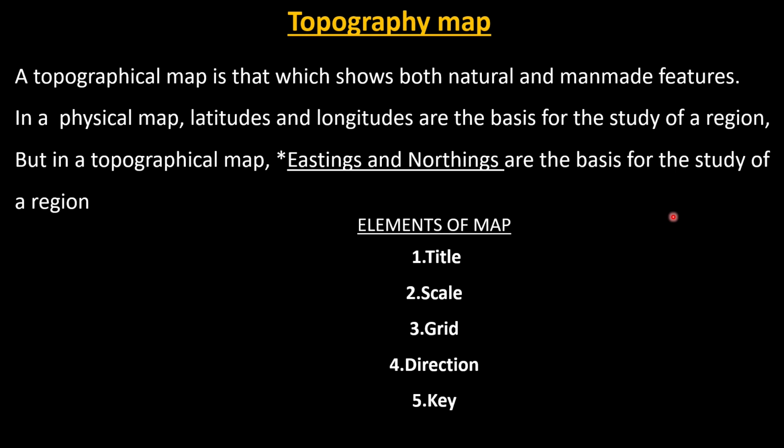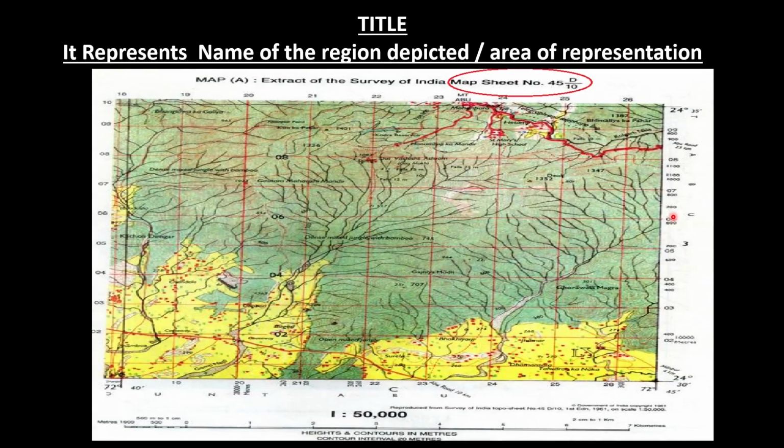Elements of any map will be title, scale, grid, direction and the key. Even in a topography map we have to follow this. Title. It represents the name of the region depicted, that is, the area represented by the name. Here the map sheet number 45D/10 shows the area which we are going to depict and infer